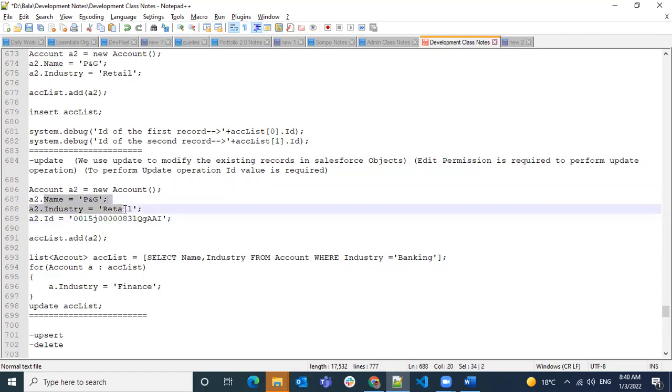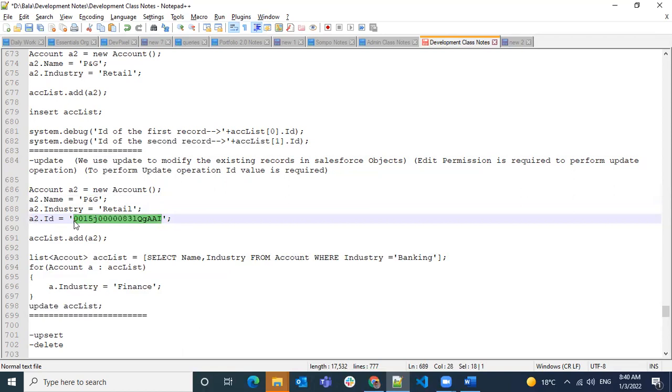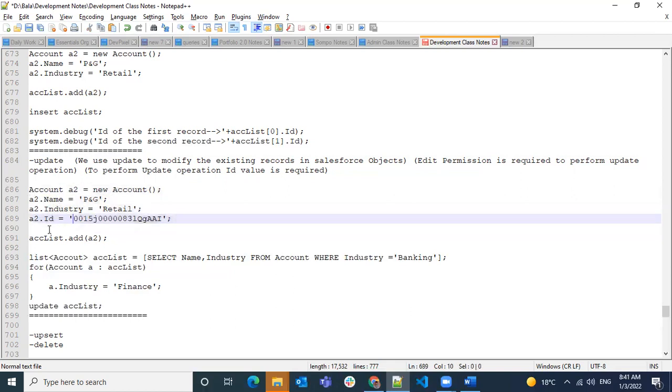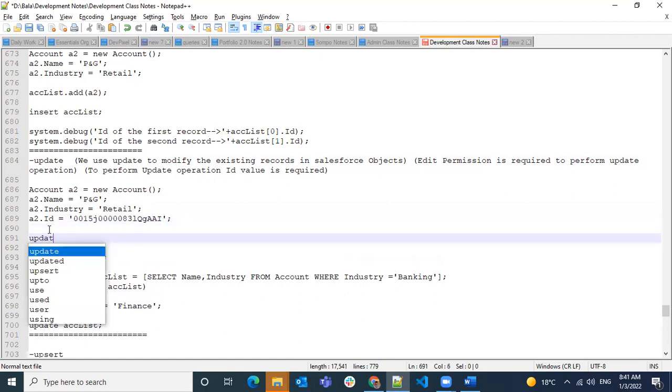Let's say you have 100 fields in this account object. You have 100 fields and you mentioned these three fields and update. It doesn't mean the remaining fields are all going to be null. You're going to update only these three fields. So if you're trying to do the update like this, you take a new account and assign name, industry, and ID values, and then do the update like this.